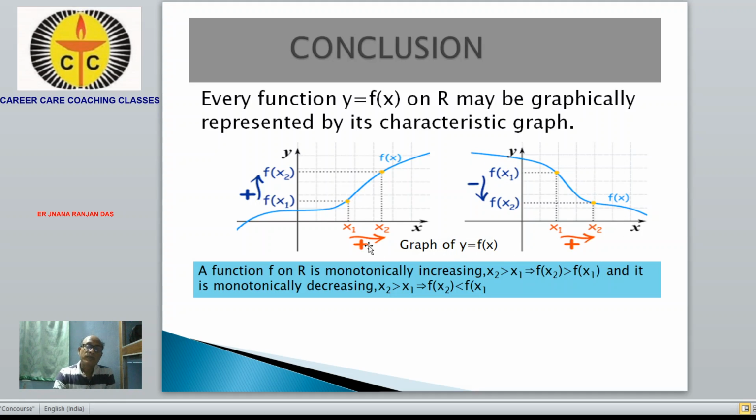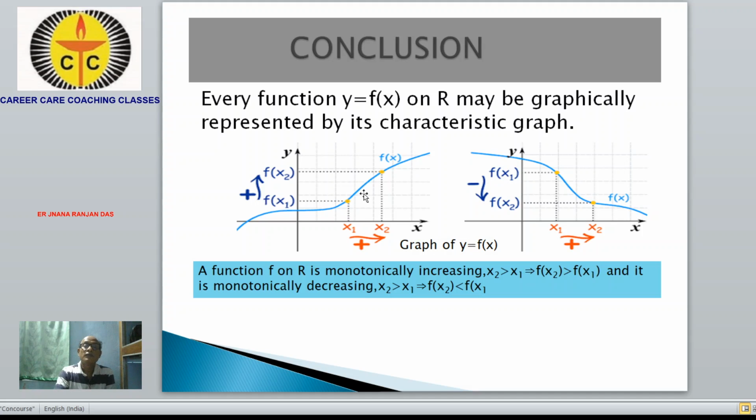So when you take the graph of any function, you put the value of x and get the value of y, that is the value of the function at a particular point x, a particular value of the independent variable. Suppose you take the independent variable and find the value of the function. If it is not possible to find the value of the function, then it is not possible to plot the point. That is, there is a skip in the graph of the function y is equal to f(x).